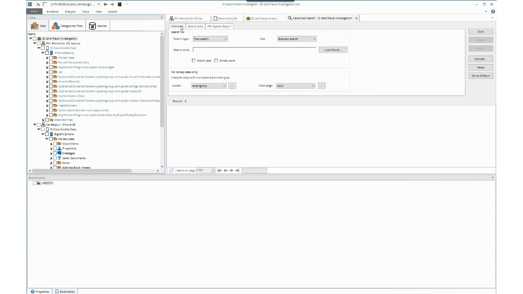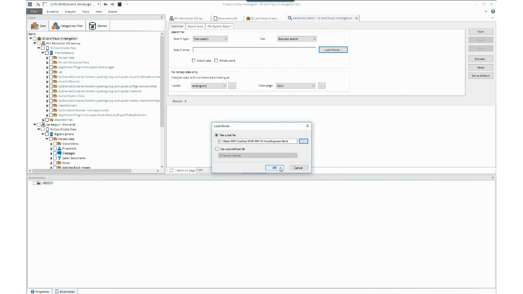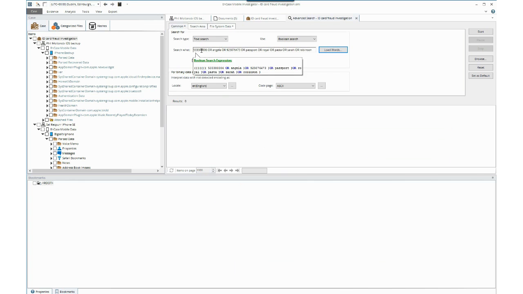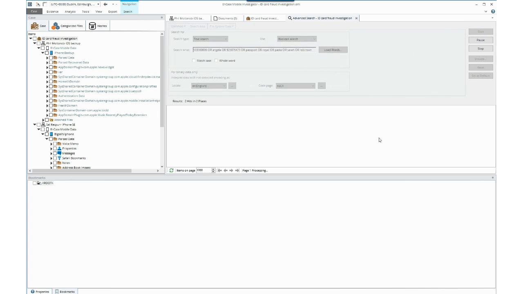So back to the Common tab then, and I could type in my keywords individually, but I do have a pre-compiled text file with words of relevance. The words are loaded in, and we can see the individual words with the OR operator, so please find me objects with this keyword, or this keyword, or this keyword. So from that text file, all my keywords are loaded in, and my logic operator is OR, so this, or this, or this. So as we hit start,